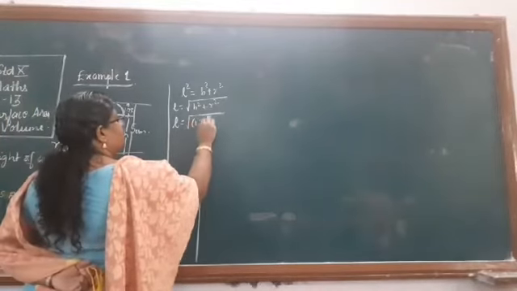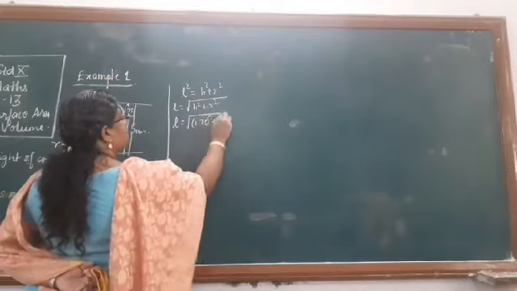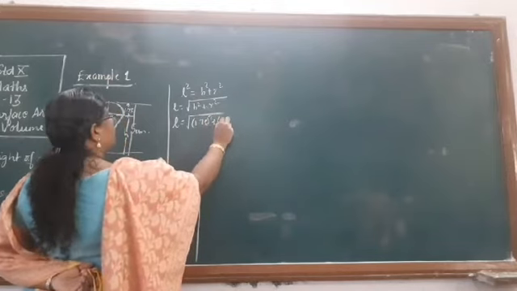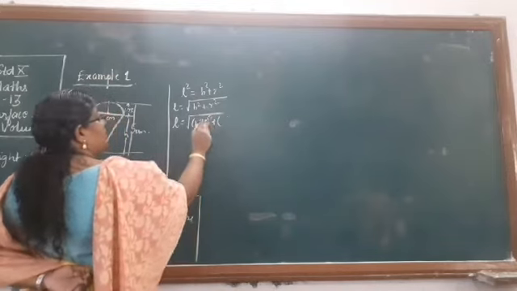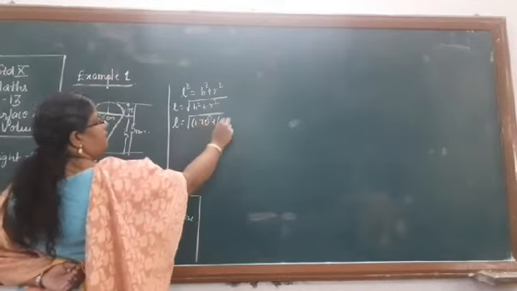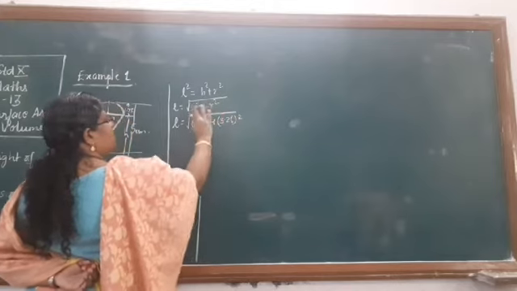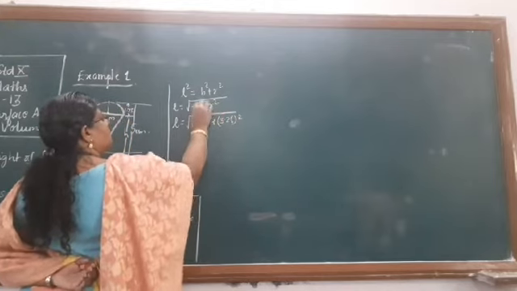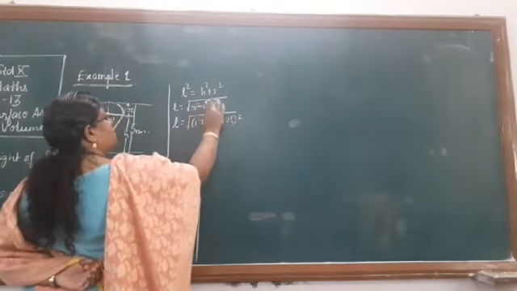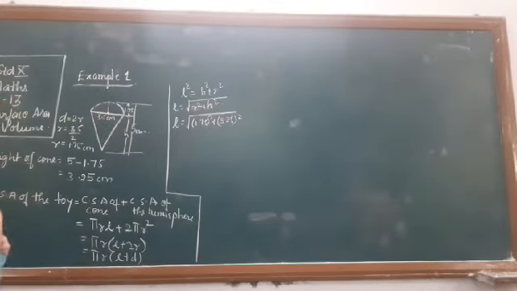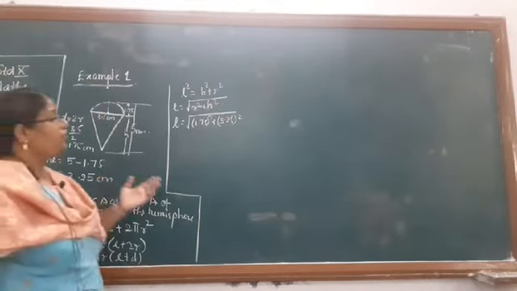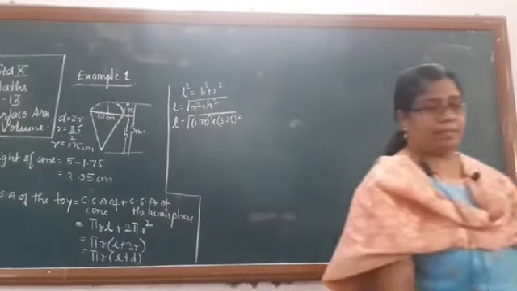सो 1.75 द होल स्क्वायर प्लस, I am sorry, this is r square and h square is 3.25 the whole square. I will change it here. Okay, it is r square plus h square. ठीक है. So for this your value for L should come out as